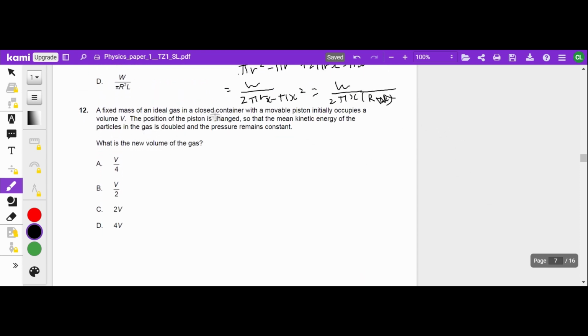A fixed mass of an ideal gas in a closed container with a movable piston initially occupies a volume V. The position of the piston is changed, so that the mean kinetic energy of the particles in the gas is doubled, and the pressure remains constant. What is the new volume of the gas? So we have the formula PV equals nRT,